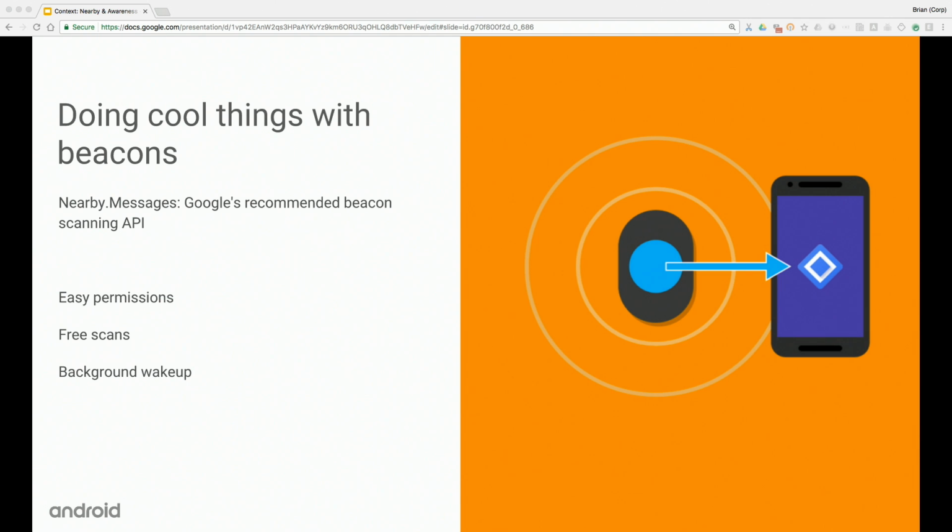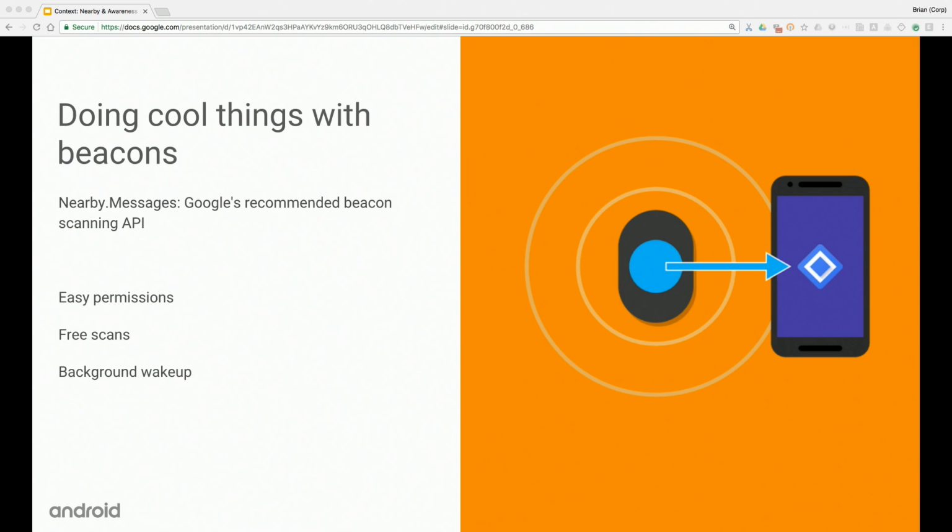But we built a bunch of stuff into Nearby Messages to make this easier for applications and also to provide some features that the low-level API doesn't provide. If you think about it, this type of use case maps pretty well onto the model of Nearby Messages. You can think of these beacons as publishers that are just publishing the same content all the time, and so the subscribe part of the API maps really well onto your application getting the content. So one of the things we do as part of the Nearby Messages API, for example, is when we see an Eddystone beacon, we can resolve the Eddystone ID in Google's backend servers and give your application the content directly, so you don't have to look it up on the cloud yourself.